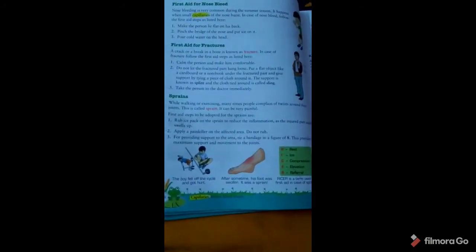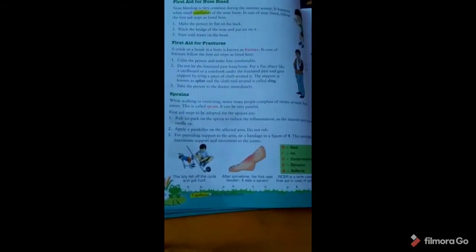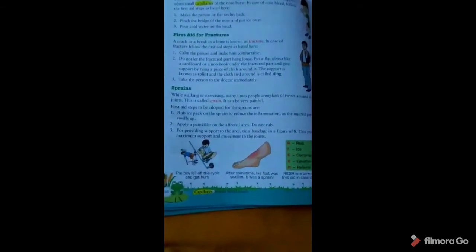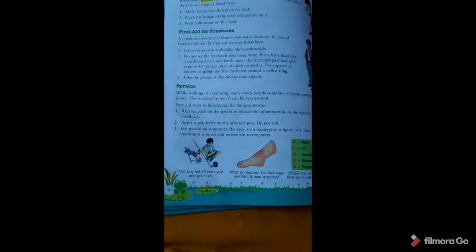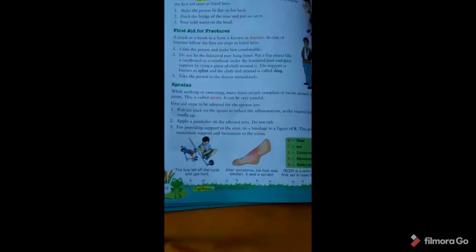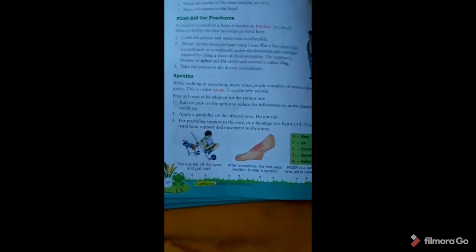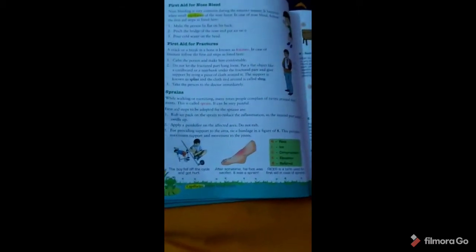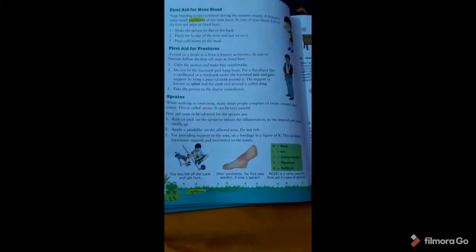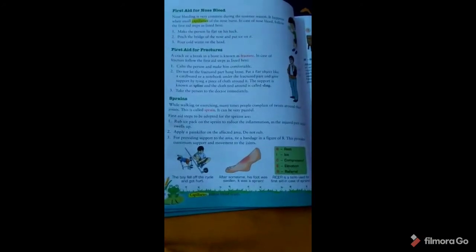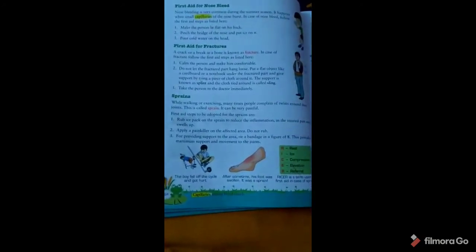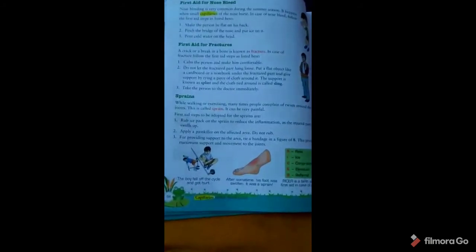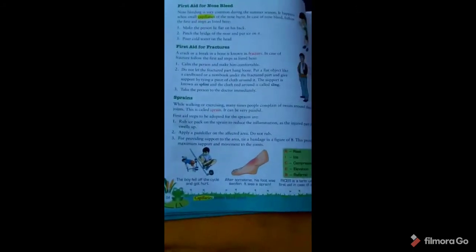And ice. An ice pack is used to reduce pain and swelling, as I told you earlier. And compression, C stands for compression. So we must tie a bandage to the affected area firmly, just to protect the injured area. We should tie the bandage just below the injured area and the affected area.